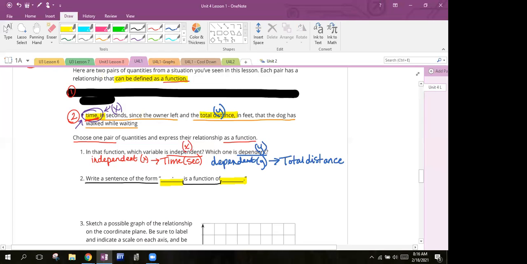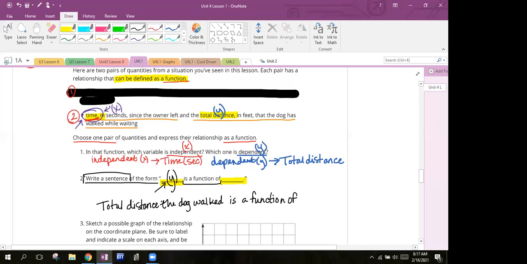Y. The y value or the dependent. Okay, so if we were going to write that in sentence form, now we just have to explain what our y variable is. So total distance the dog walked is a function